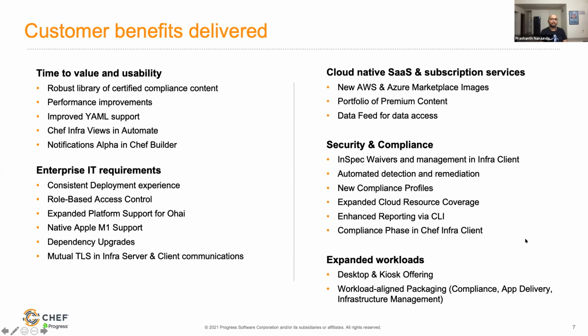So as you can see here, there are a few themes under which we have categorized the deliverables. The first was on the time to value, which is mapping to our adoption faster, easy to use theme. We have made a ton of changes over the past few months. We have released at least about 40 or 50 new content items, which are certified by CIS, and they are available out of the box for you to start consuming within Automate,